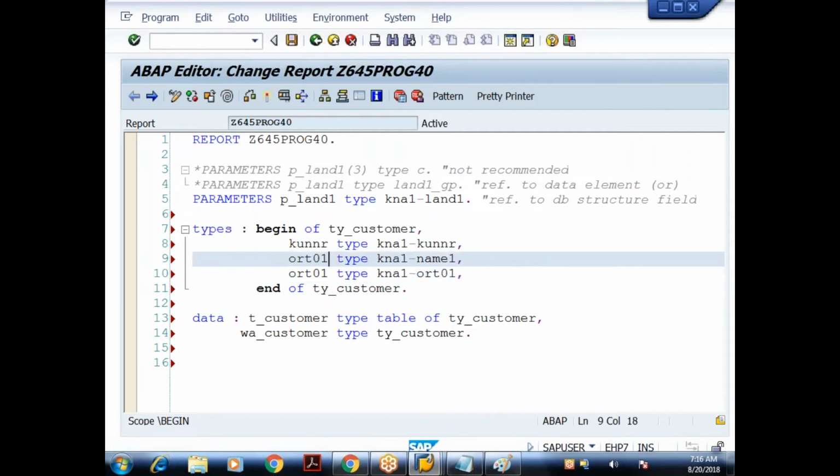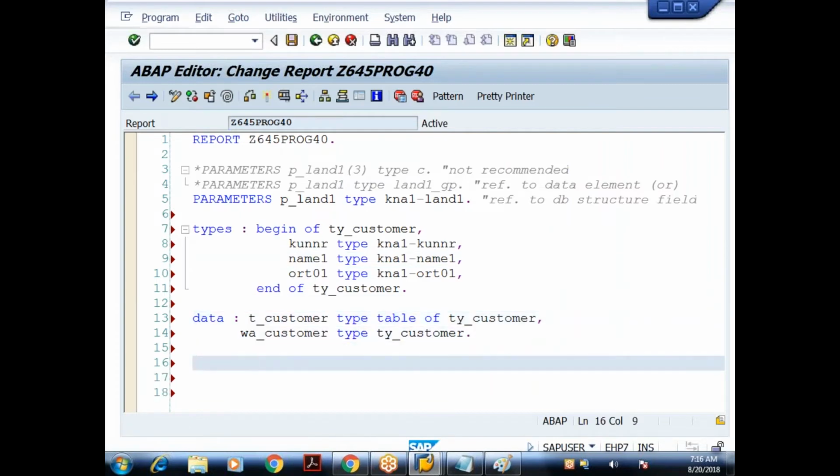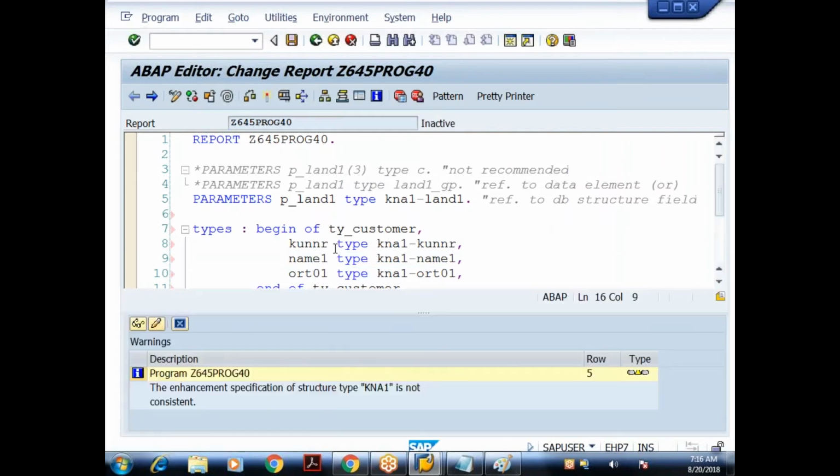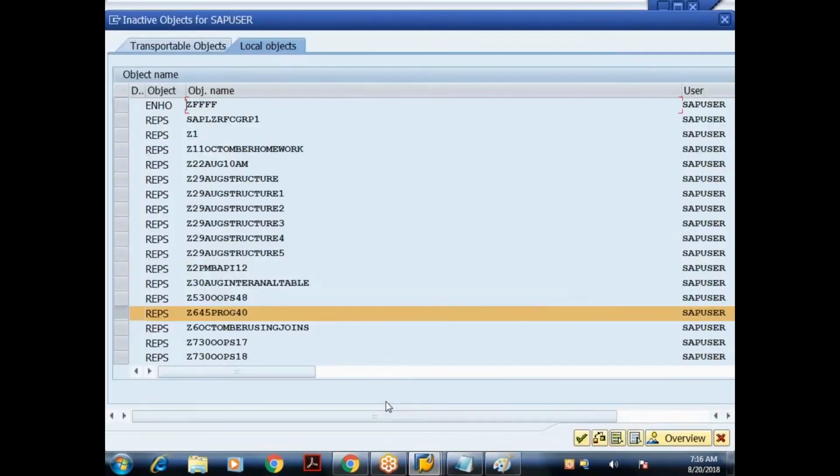So here it is ORT01 and here it is Name1. Done. So I'm doing the declaration. I'm getting a warning related to the KNA1 table. Just ignore it. Now when I execute,